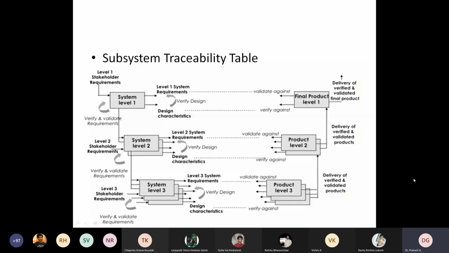This is one end. On the other end, on the right hand side, you can see the product level. Based on the development of each subsystem, you can show a partial product. For example, in the payroll system there are totally 10 subsystems or levels. If you complete 4 levels, we can show a partial prototype of the payroll system to the customer.